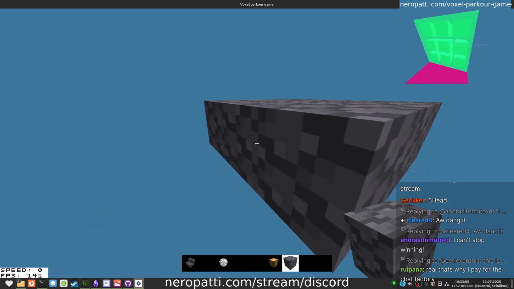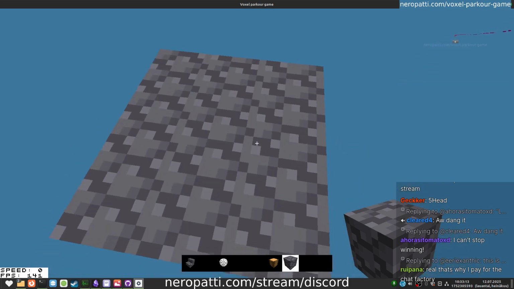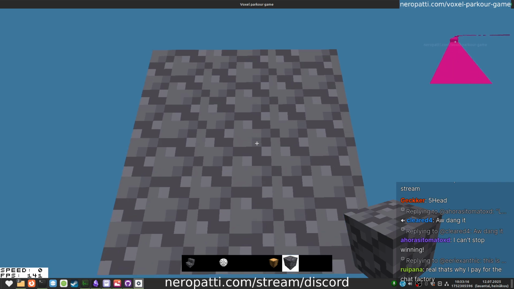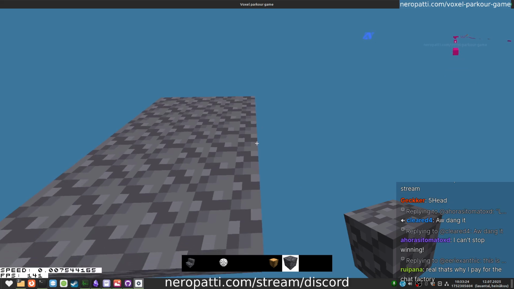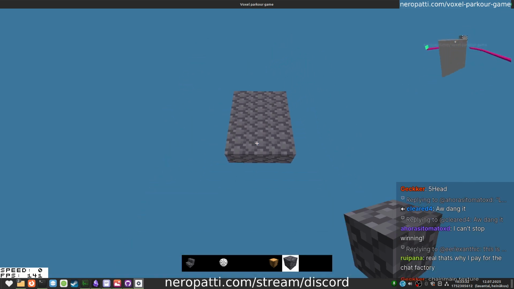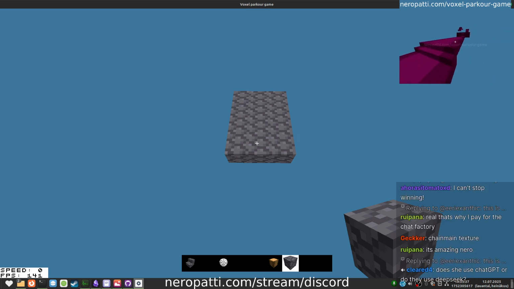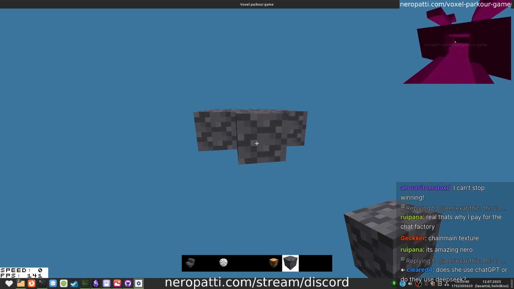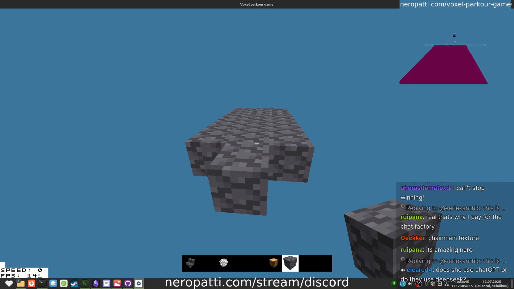And to be honest, the cobblestone texture is kind of, I don't know. What do we think of the cobblestone texture? Asking for feedback. I think it's fine, but no. I think it would be fine in combination with other textures, but not really as just the only thing. Chainmail. To be honest, also,